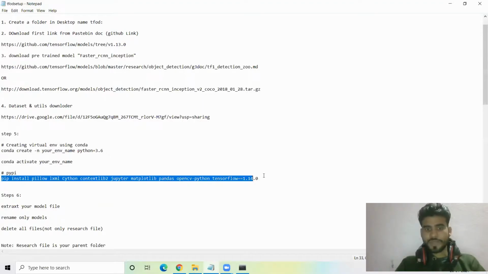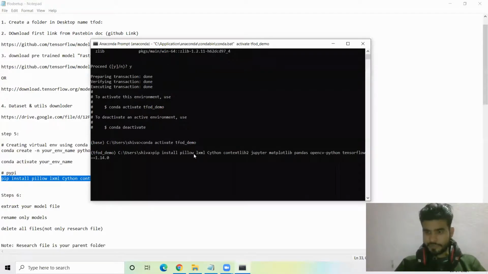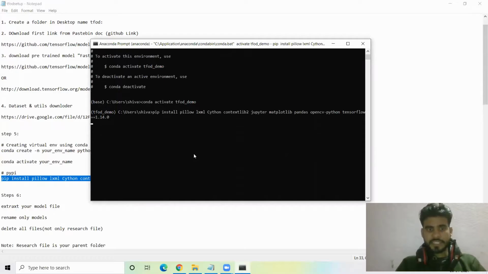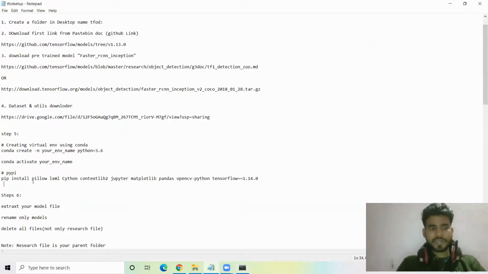Just copy from here, and make sure you install TensorFlow version 1.14.0. Okay, hit enter. It takes a few minutes, guys, because we are installing lots of libraries like Pillow, LXML, Cython, contextlib2, Jupyter, Matplotlib, Pandas, OpenCV-Python, and TensorFlow.